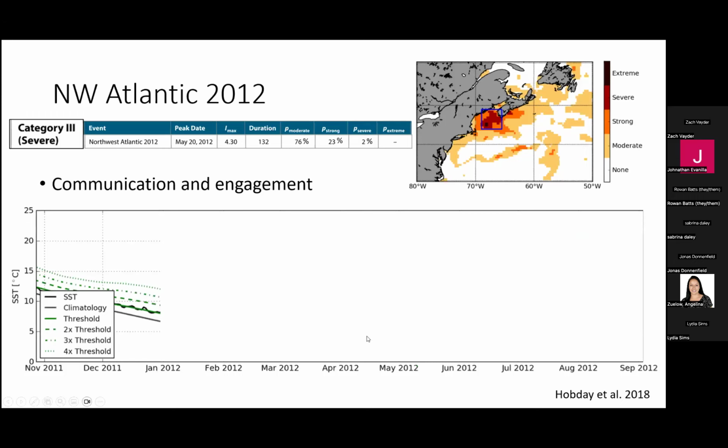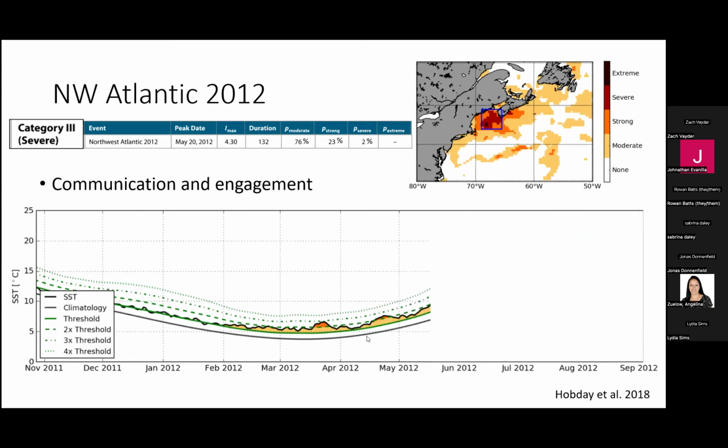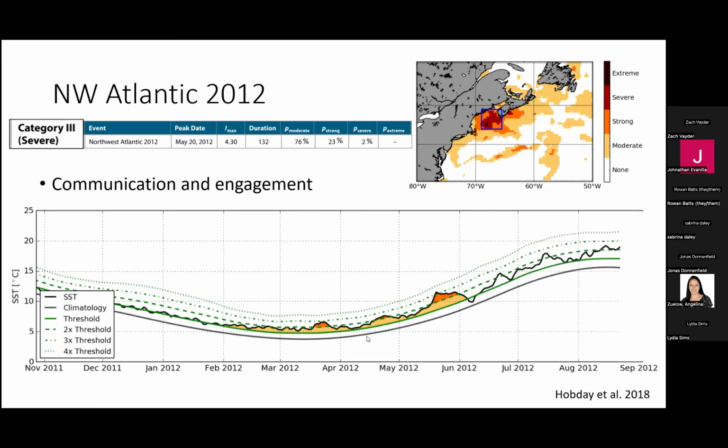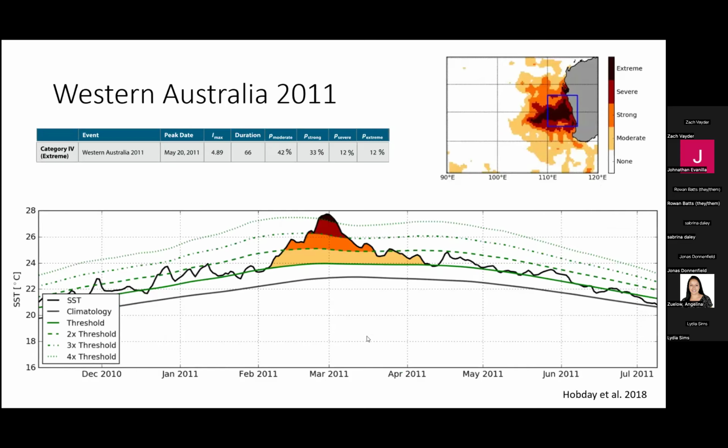And really how we hoped it would be used is in talking with people who are interested in events. If you had been tracking the Northwest Atlantic marine heat wave in 2012, you would have been able to see right now it's a category 1 event, then a little bit of category 2 showing up. As we got into the summer months, it became category 3. And we're out. So that's a really powerful communication to be able to have with journalists and media who are interested in these evolving events.